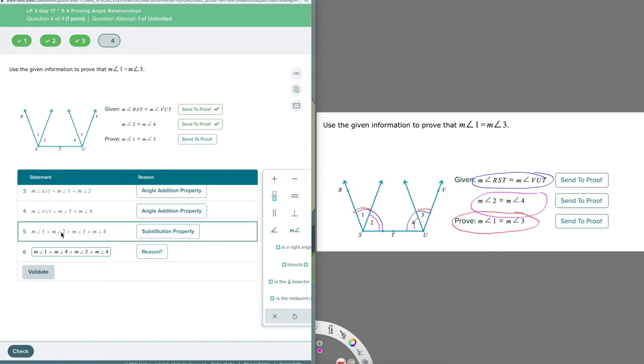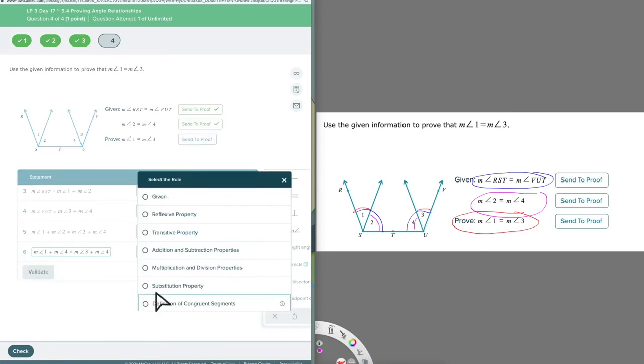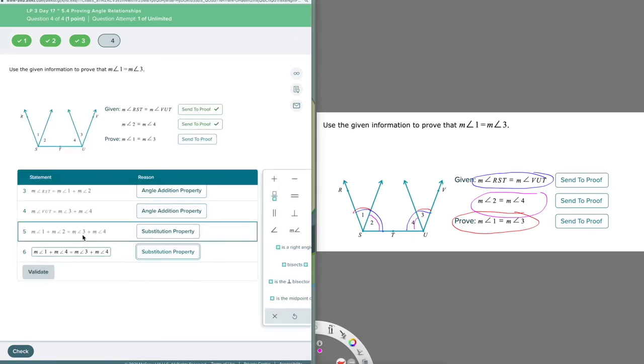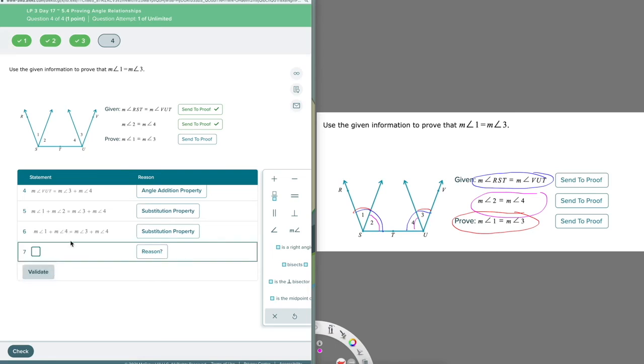The only thing that changed was 2 to 4, because I know 2 equals 4. So now I can go minus the measure of angle 4 on both sides. Well, that means they would both cancel away, and I would just have angle 1